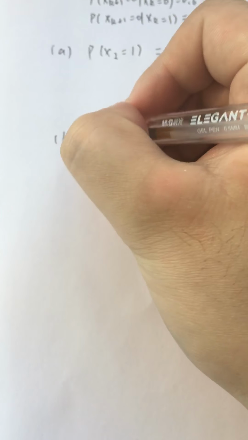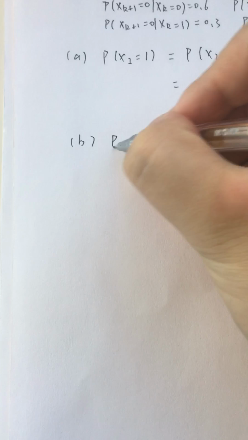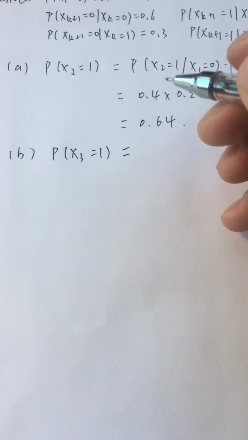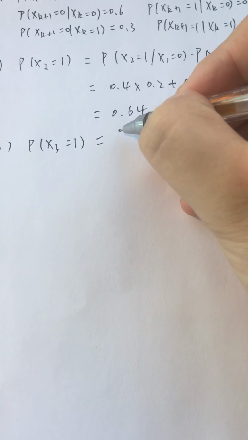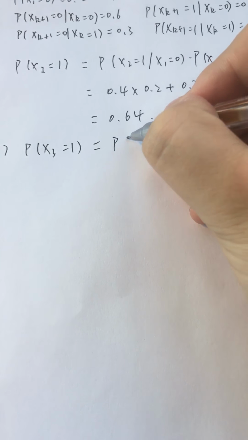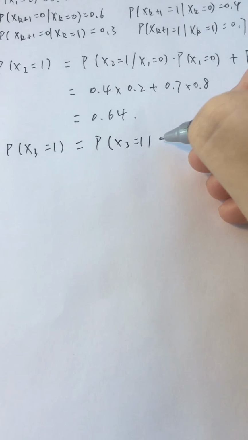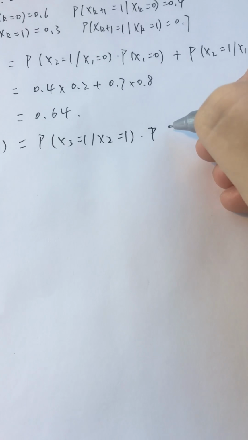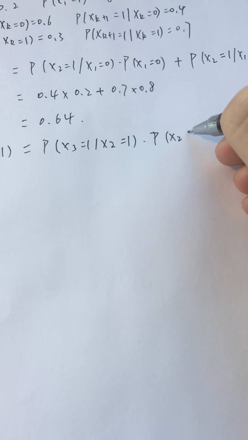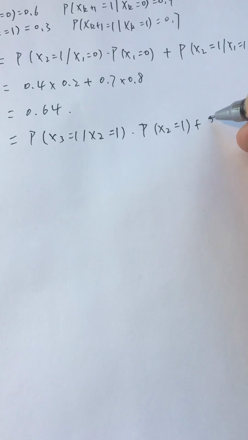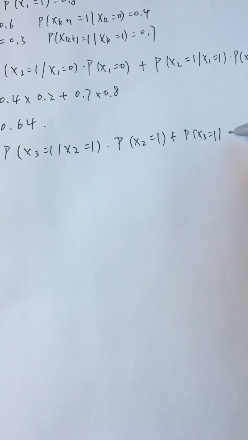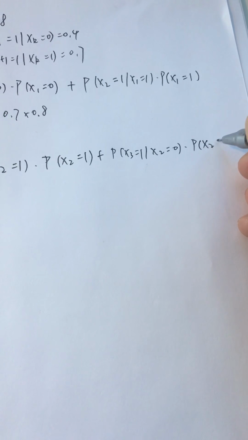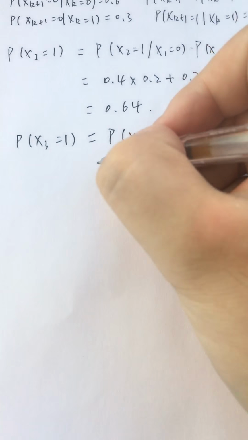And the second question, we find the probability of x3 equals 1. This question is the same as the first question, so the probability of x3 equals 1 given x2 is 1 times the probability of x2 is 1, plus the probability of x3 is 1 given x2 is 0 times the probability of x2 is 0, which is